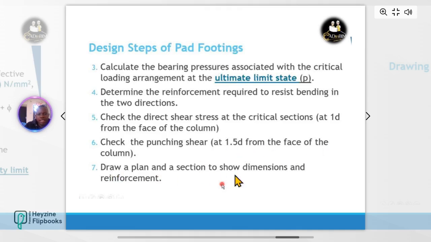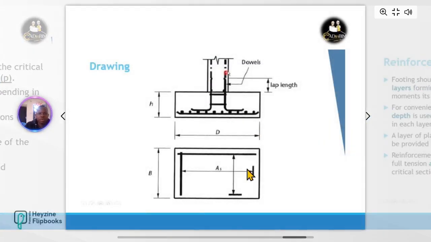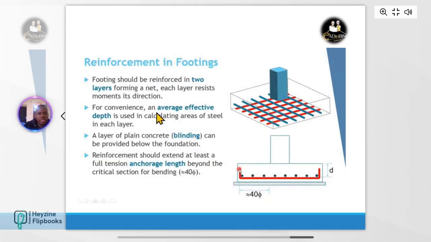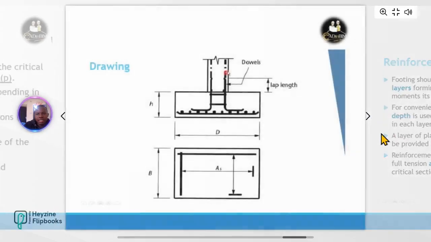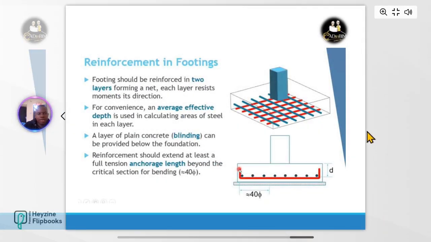Draw the plan and the section as shown, with the dimensions of the reinforcement. So this is how you can draw your reinforcement. You get your D, you get your B, and then you can also design your area, and this is how you detail your base foundation. So you can see the reinforcement and footing. This is how we detail them. You can just read through and get the details, and that's the end of our session part 1. In the subsequent video